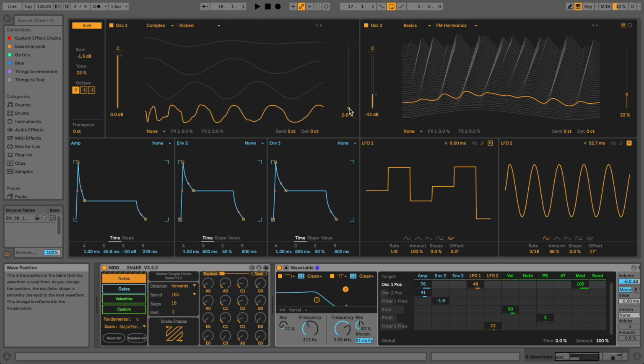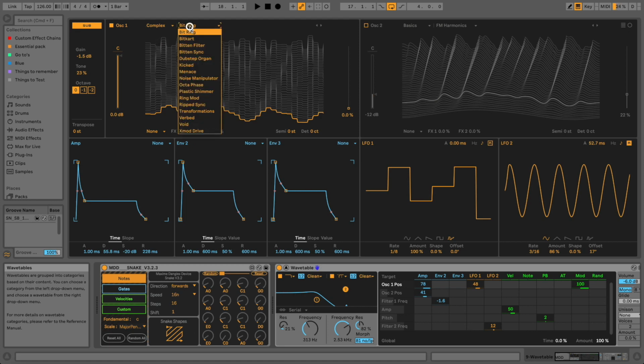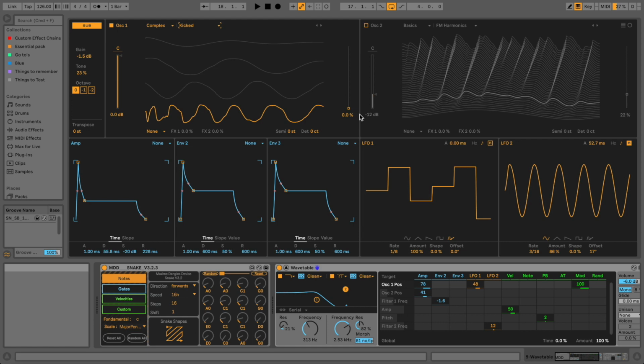This is the basic setting here. So I went to the complex setting, and then you have some sub settings, and I went to the kick preset or wavetable, sorry, and